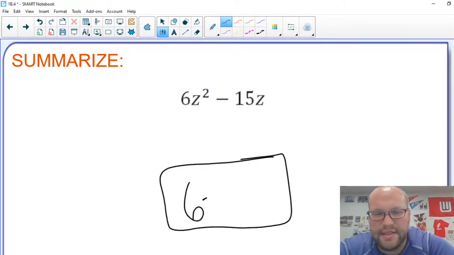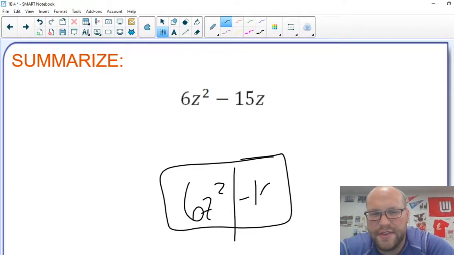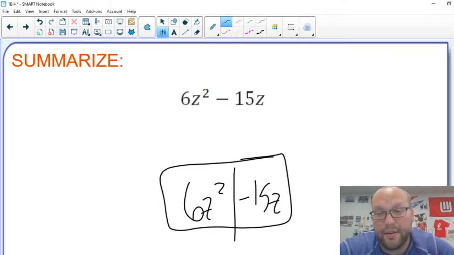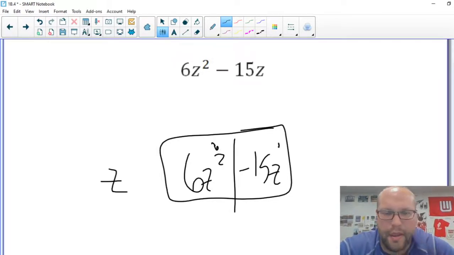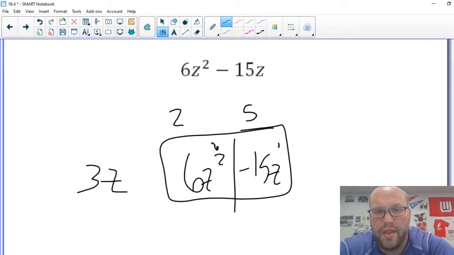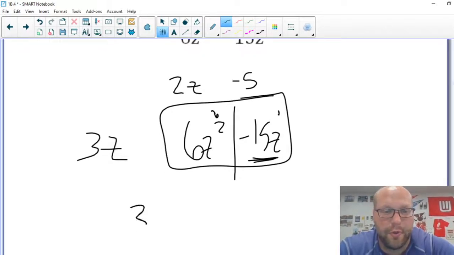So we have 6z squared and negative 15z. So what can be divided out of both of those terms? I know for sure a z, because there's two powers here, and there's one power there. And then what's the largest thing that can be divided out of both a 6 and a 15? Well, that number is 3. So what does that leave us with? Dividing the 3 out leaves us with a 2 and a negative 5. Dividing a z out of the 15z leaves us with no more z's left. And then if I divide out a z from z squared, I have z. So I get my final factored form,